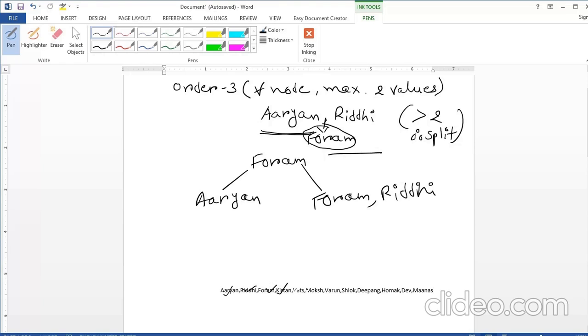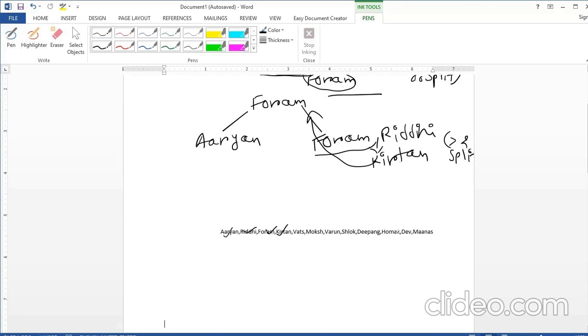Then the next value is Kirtan. Kirtan will be inserted here, but as values are more than 2, we need to split the tree. This value will be on the left. Kirtan will go one level up here, and these two values will be in the right pointer.